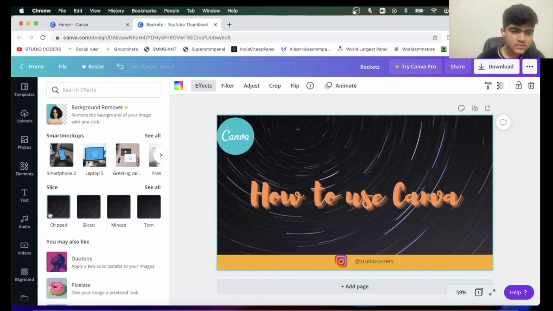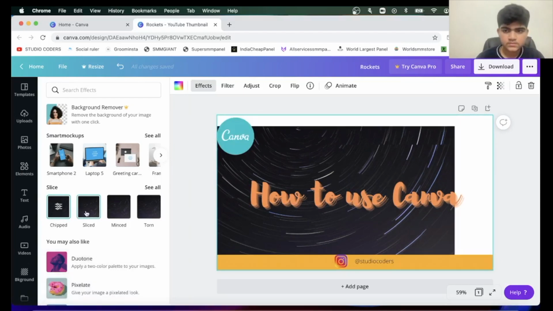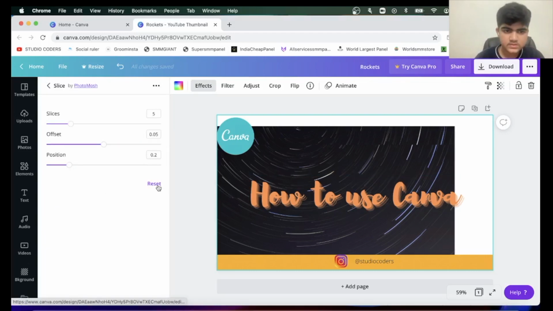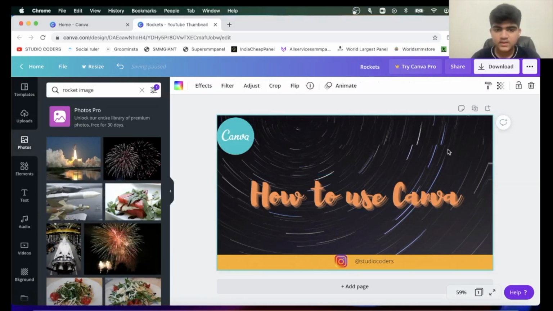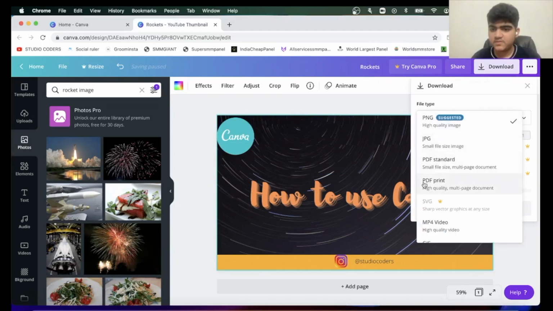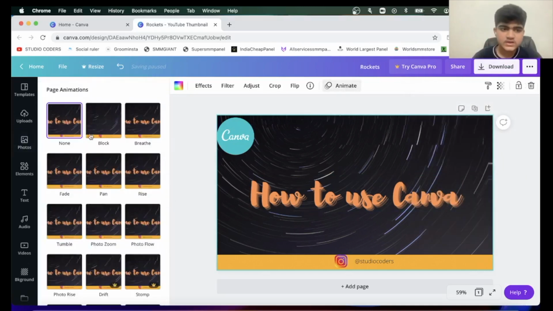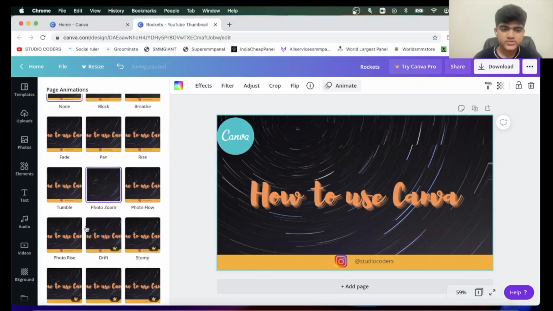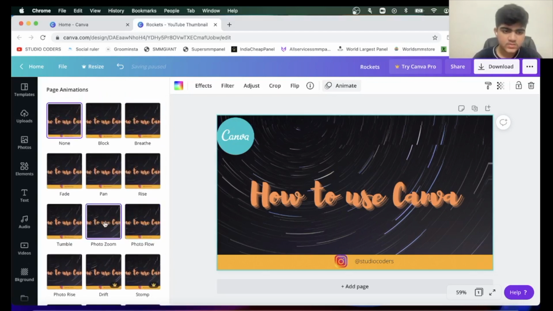Like this it affected, so I don't want this. Then we can download this in PNG, JPG, PDF or PDF print, even in MP4. Then you can animate this, these are all options for animation and these are the Pro animations, but there are many features in free also.